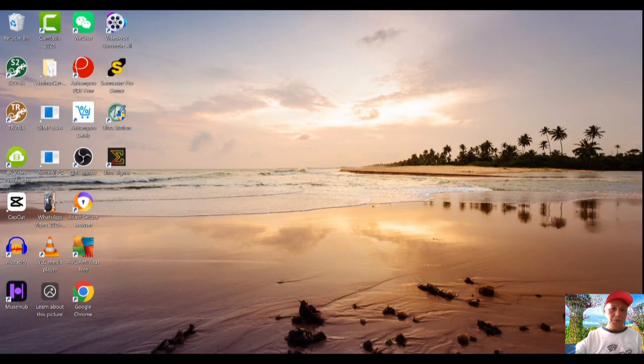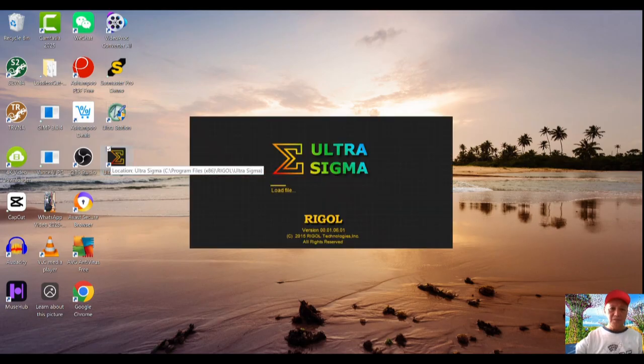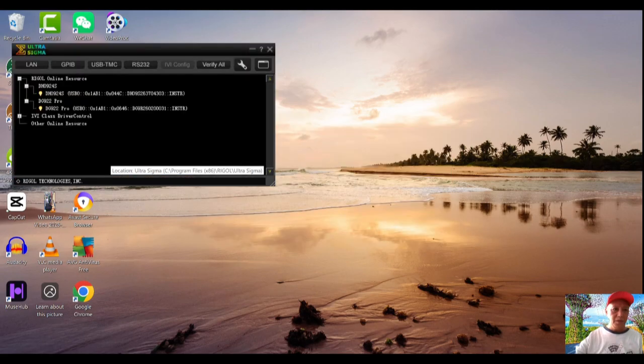If you need to remote control the function generator or the oscilloscope, you need to download the software Ultra Sigma from the Rigol website. I will paste the link in the description. After installation, you double click to open this software, and then you can remote control it.